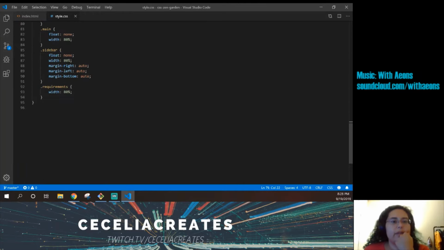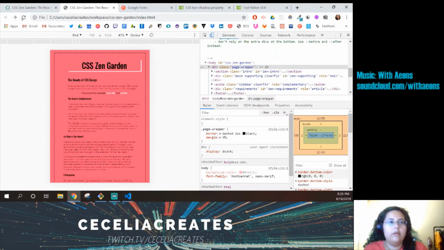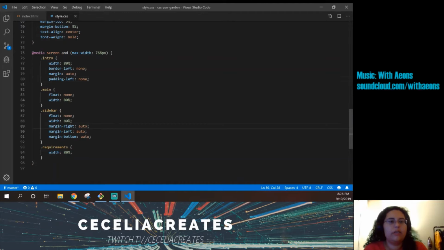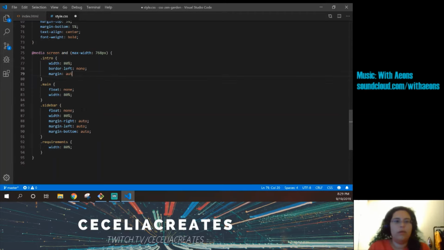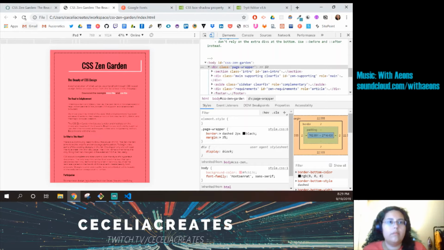I gotta take that out. That's why. Okay, so margin auto, and then padding left is gonna be none. That didn't change it. So maybe I do need to do margin left auto and then margin right auto. No, I'm still getting